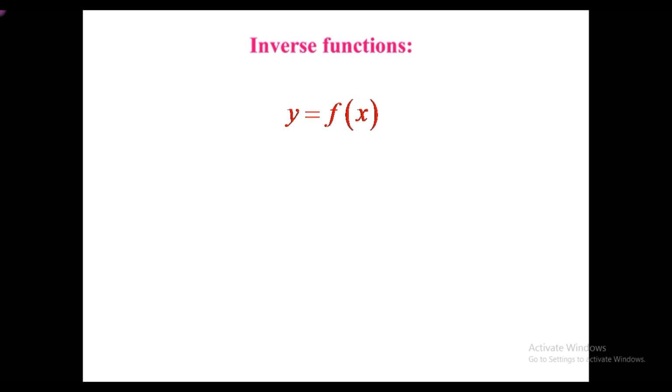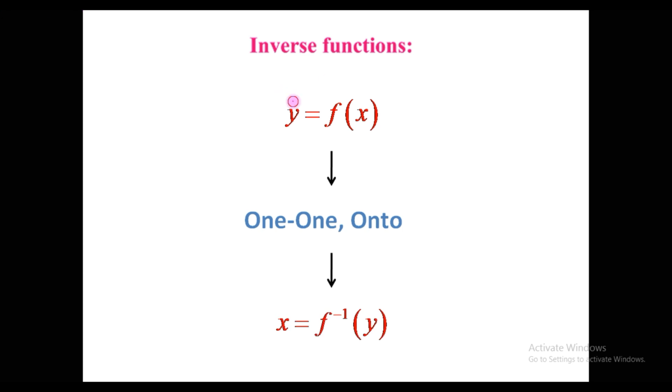So I am recalling, if y is equal to f of x is a function which has to be 1-1 and onto. Now 1-1 and onto, those were the definitions we studied in 11th standard. I will show you using the graph what is 1-1 and what is onto. If the function is 1-1 and onto, then only we can find the inverse of it. Here you can see y is written in terms of x. All we need to do is write x in terms of y. Then we can find the inverse of the function.